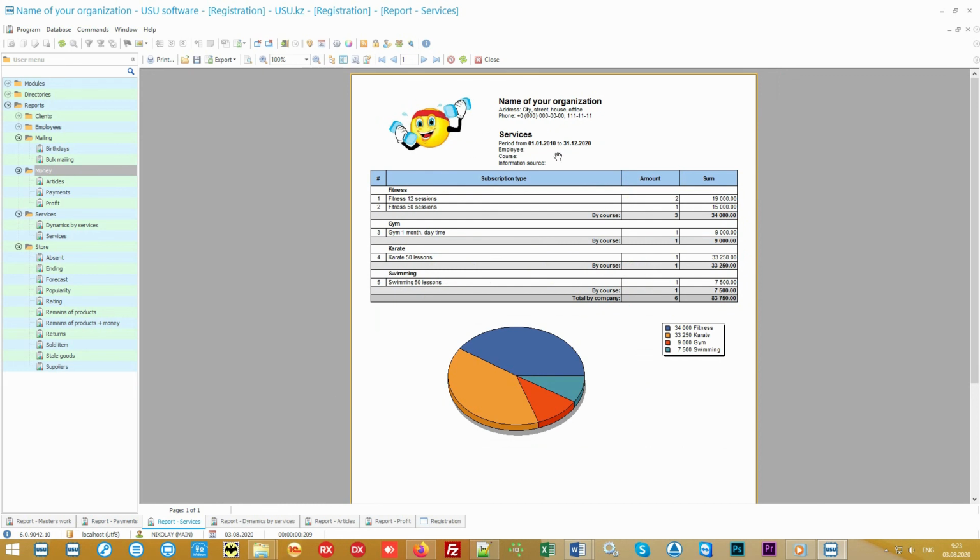The report will show how many times and what services were sold, and how much money you earned from them. Total amounts will be displayed for each service group. If you bought special equipment or hired additional workers to provide a certain group of services, you will easily understand how much your investment pays off.